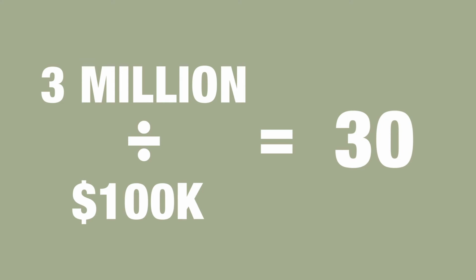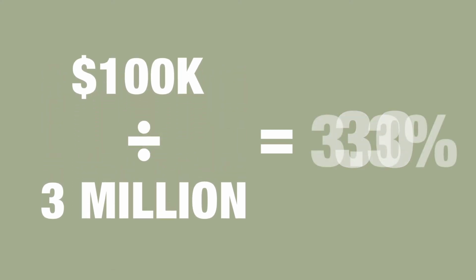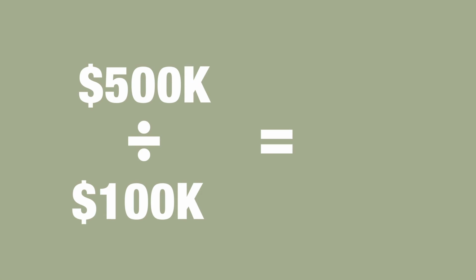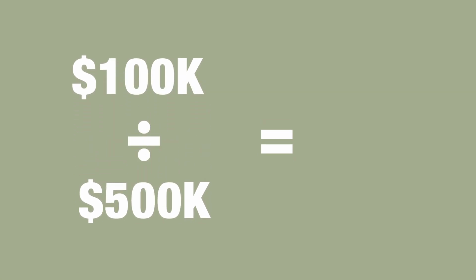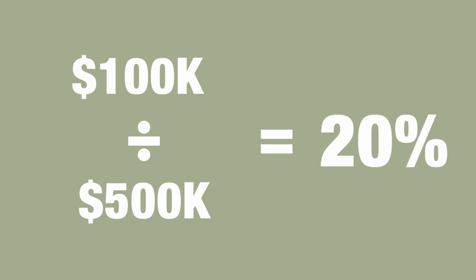In fact, the neat thing about a PE ratio is if you flip it upside down, so it's earnings or profits divided by the price, it's really just a percentage. It's the percentage the company earns. So in the first example, where we had asking $3 million for this little ice cream parlor, you flip it upside down, you're only earning 3.3% a year. Not a great return on investment for something that has risk, right? But when you flip the second one upside down, 100,000 divided by 500,000, now your return is 20% per year. Okay? And that's another way to look at PE ratios to make it simple.